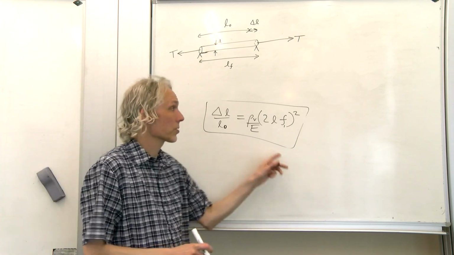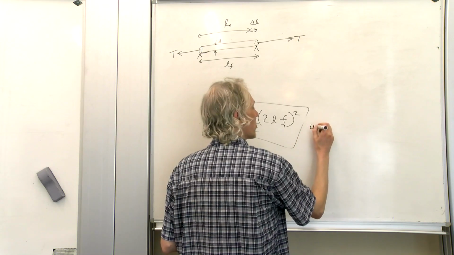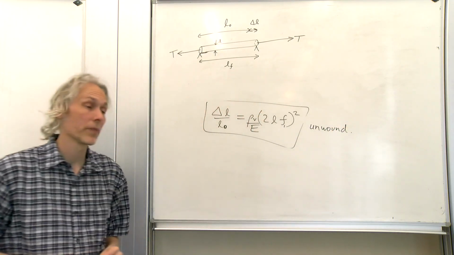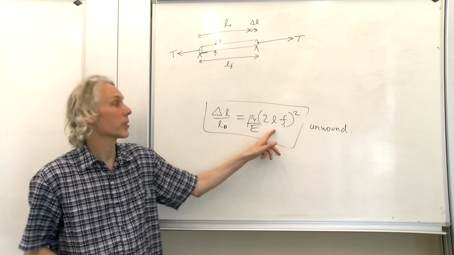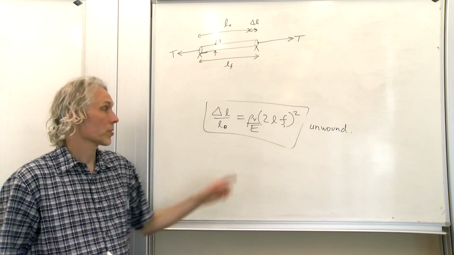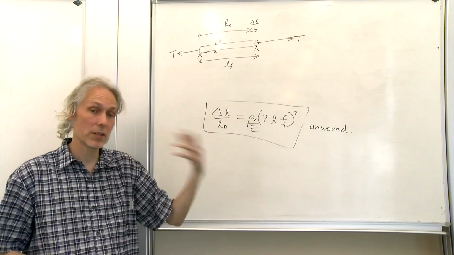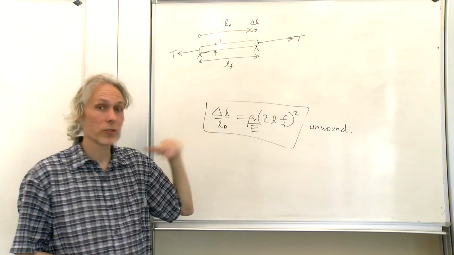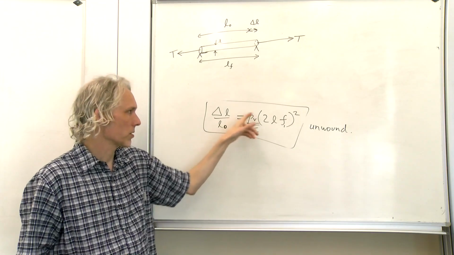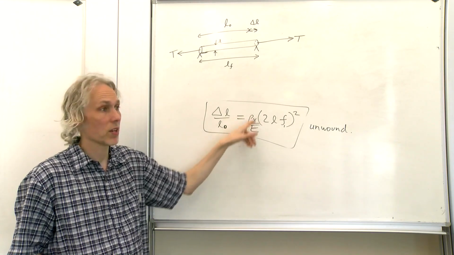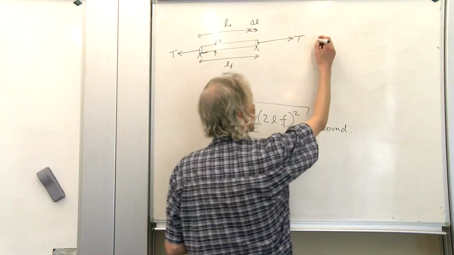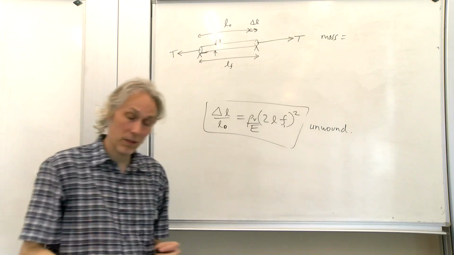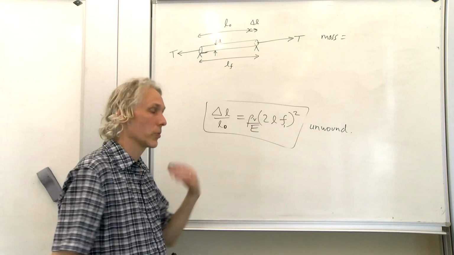Okay, so we have this equation here which tells us, for an unwound string, what the engineering strain is going to be for a given frequency, for a given length of string. Given that we know what the material is made of, the volumetric density and the Young's modulus, these things don't change when you're looking at different strings made of the same fundamental material. So we want to compare the mass in an unwound string with the mass in a wound string.